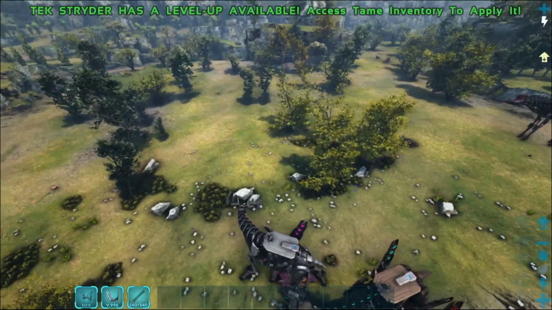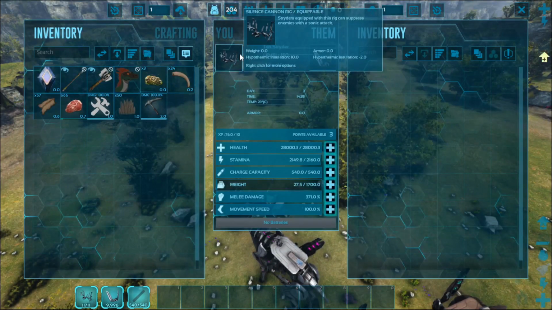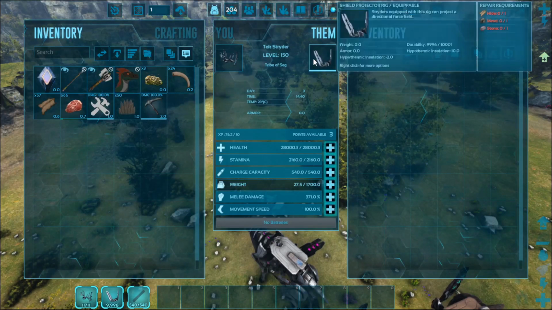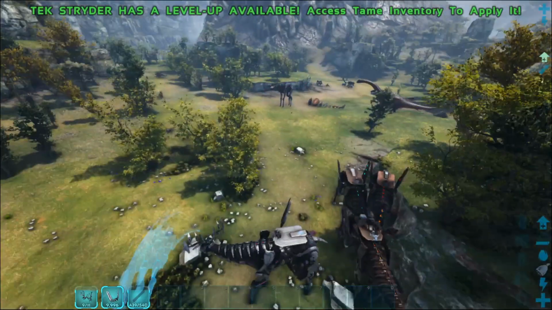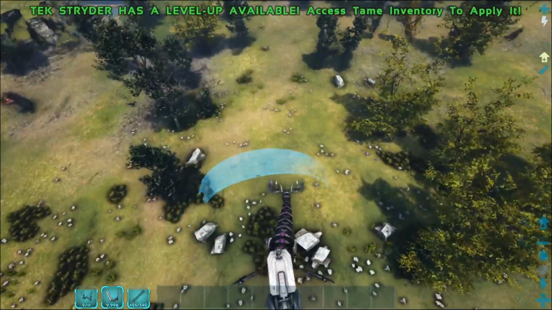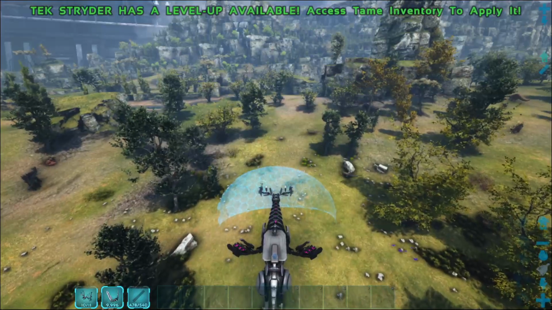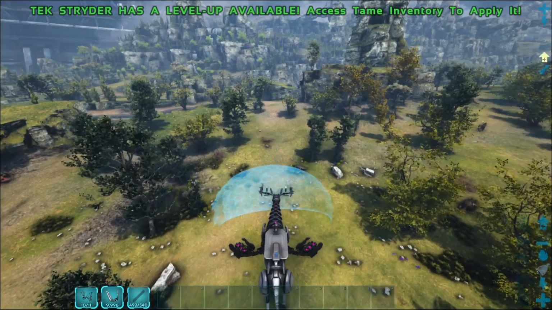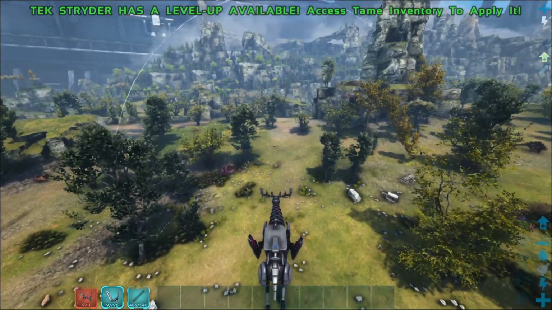Now, I haven't checked it out, but this one has a cannon rig. Striders equipped with this rig can suppress enemies with a sonic attack. And this has a shield projector. So let's click C, and oh, it's a different kind of shield at the front. It's just a front shield pretty much. And if I can get rid of this shield, there we go. And if I press right click,